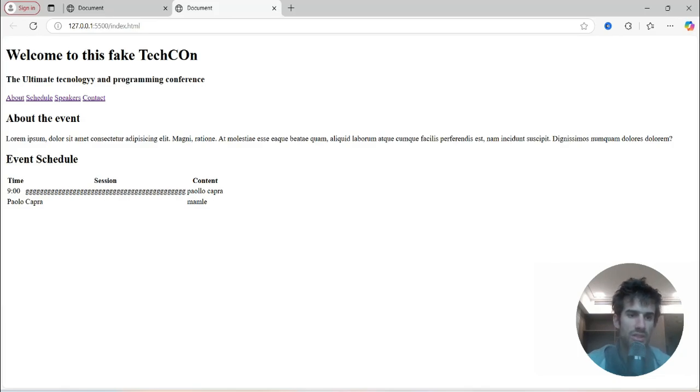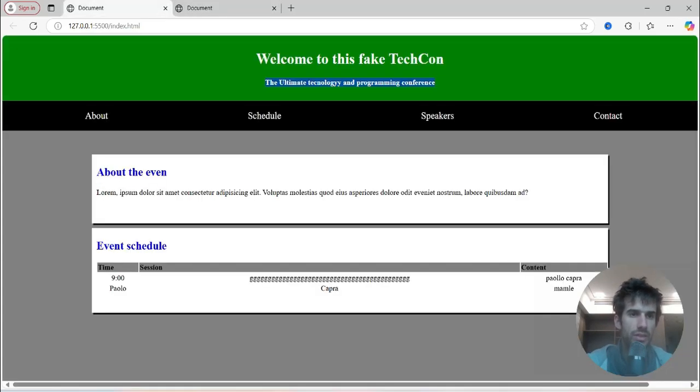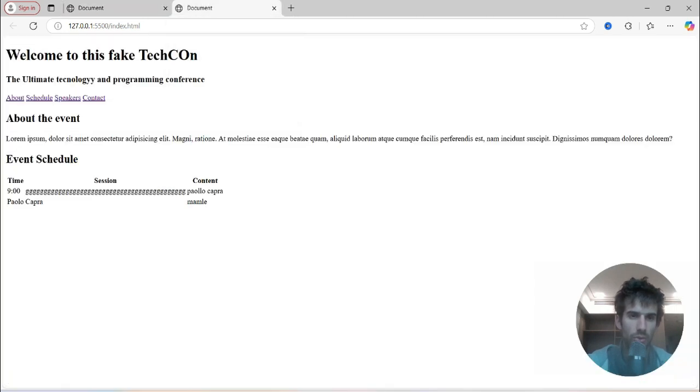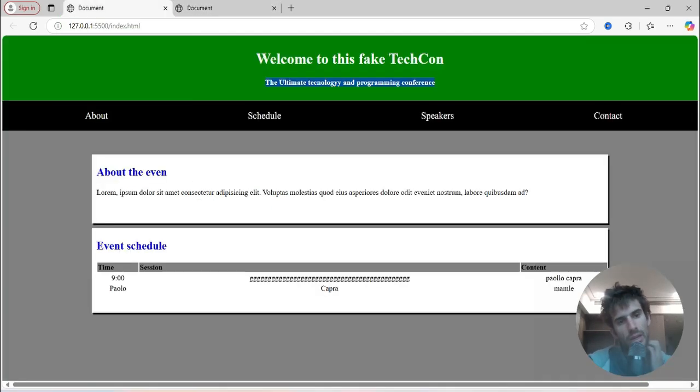Okay, so this is the skeleton, and as you can see, it is like this one, but we need to give it, of course, all the style, and that's the job for today. Okay,